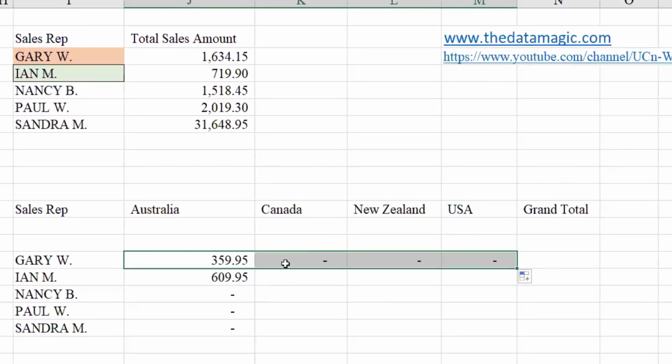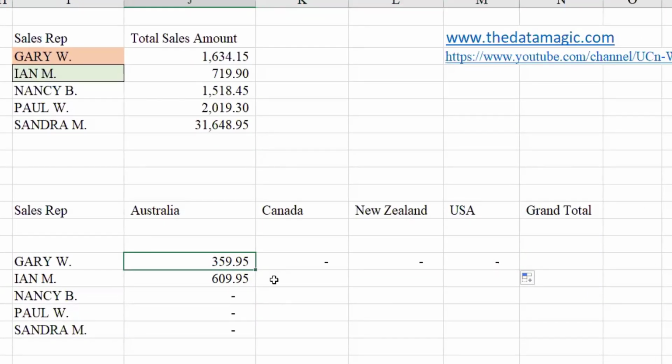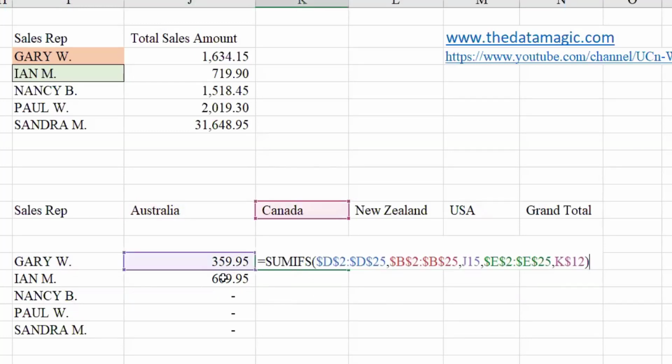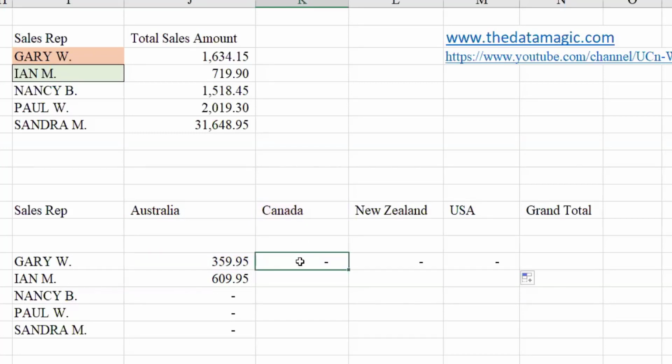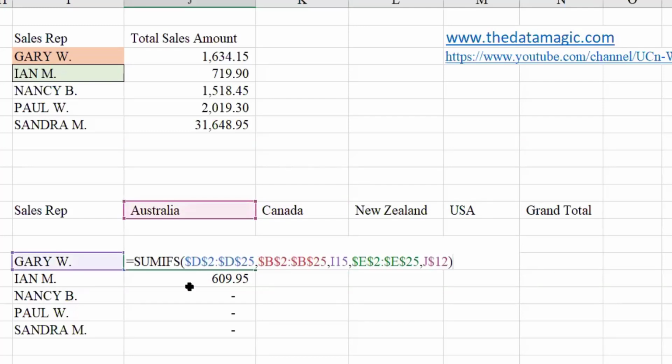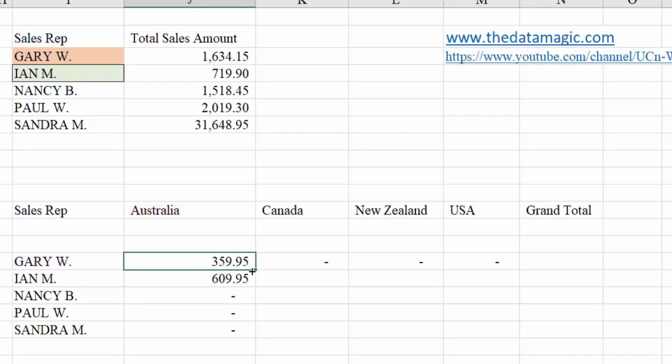And same formula if I copy across here, let us see what has gone wrong. Here when I copy, it is referring to Gary. But when I come here, since I did not lock it, this moved. So we should be locking this as well. The Gary should be locked. That means here it is referring to I15. I15 is here. So the column should be locked in this case. The previous one, if you say J, we lock the row, $12. But in case of this one, we are locking the column because we don't want this column to be moved.